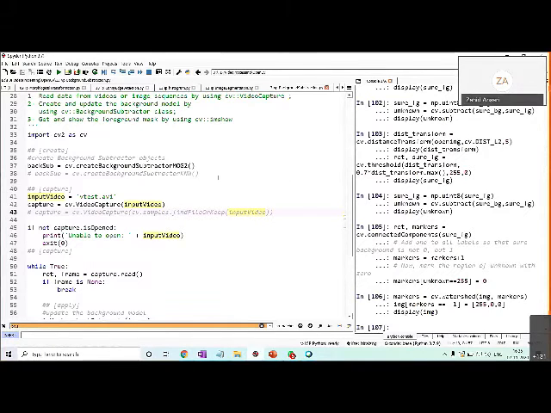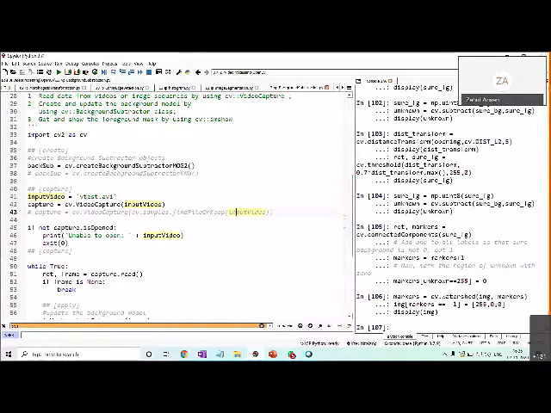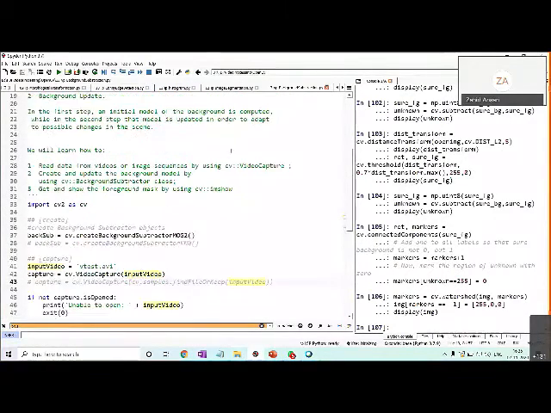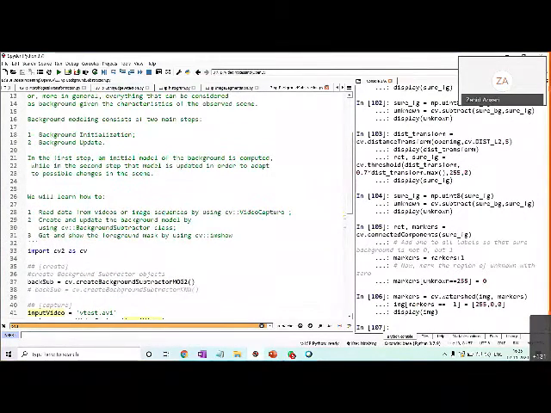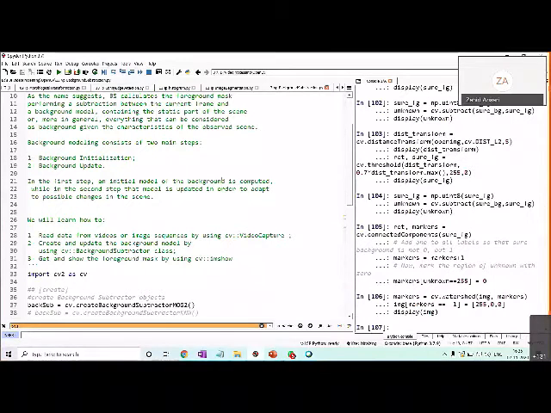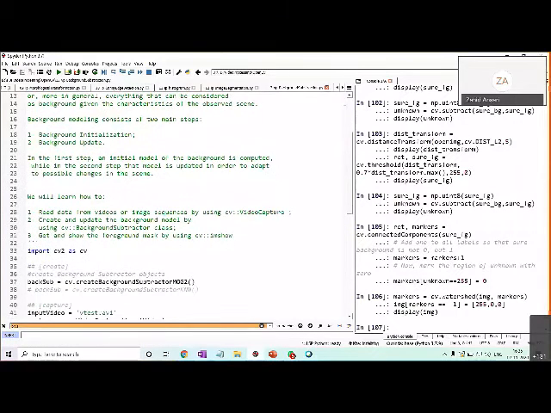Okay, I hope this should be interesting for you. What we are doing again here, we are working on the video now. So we want to do object movement tracking, and for that we are using the background subtraction method. What it does is it uses background initialization and background update. As the video is moving, the background is initialized and updated.